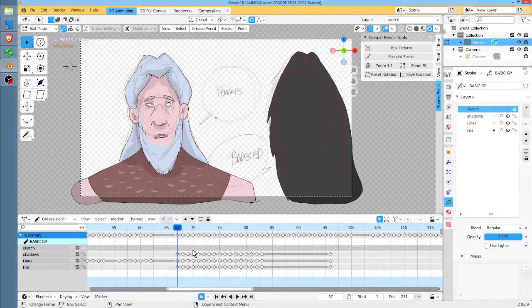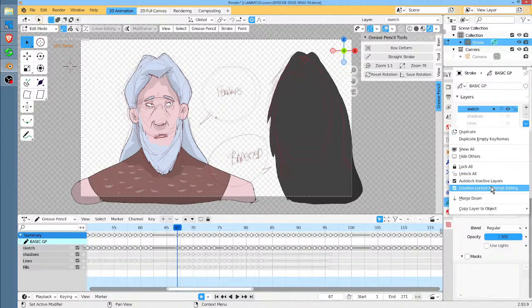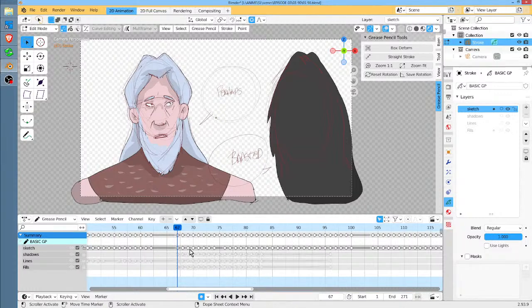One thing you do need to do, like for me, I have the tilde hotkey over the timeline. It doesn't work over the 3D view, but over the timeline, the tilde key solos the active layer. It effectively turns this auto lock inactive layers off and on quickly, which is quite useful. In this case, what I want to do is lock the sketch layer so that I can't accidentally move any of these keyframes, and then I can take these 3 keys and use them as a group: shadows, lines, and